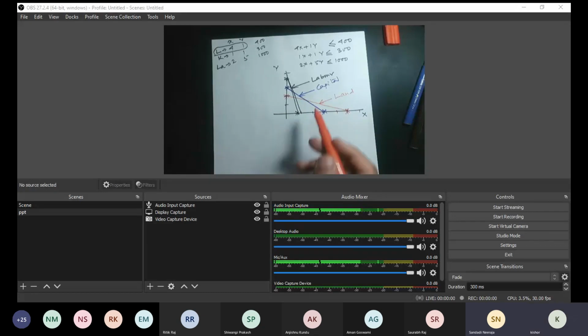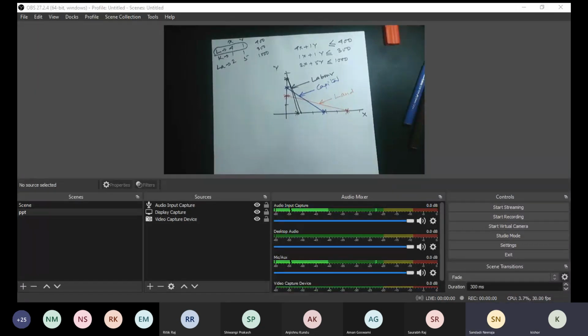The moment we consider the first quadrant, how to solve it? Now, the problem you know already. Framing that: maximize z equal to 2x plus 1y, subject to these 3 technical constraints, and x and y are greater than or equal to 0. The moment we consider the first quadrant, the non-negativity constraints are fulfilled, because in the first quadrant either x or y may be 0. We are talking about solving the linear programming problem.